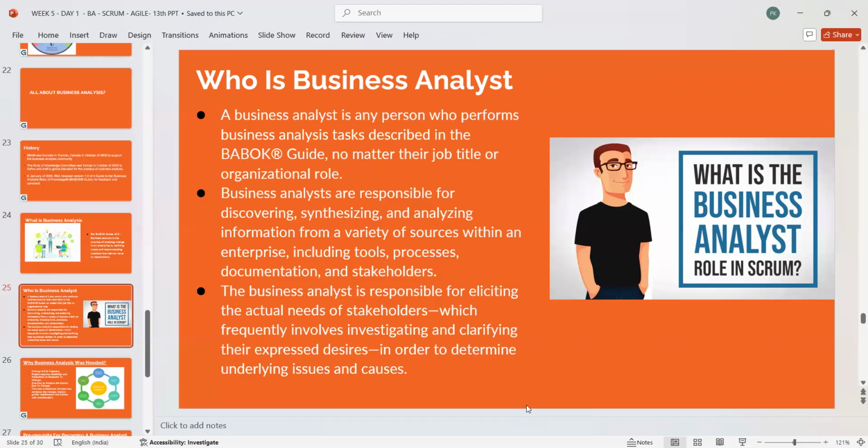Because see, unless BAs understand what the customer wants, you cannot go back to the development team and give them what they are asking, right? There has to be clarity, and that is in order to determine underlying issues and causes. Yes. So in short, like